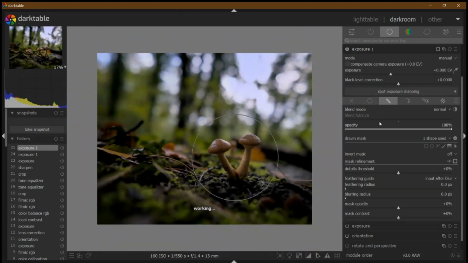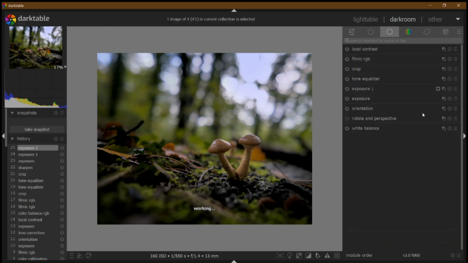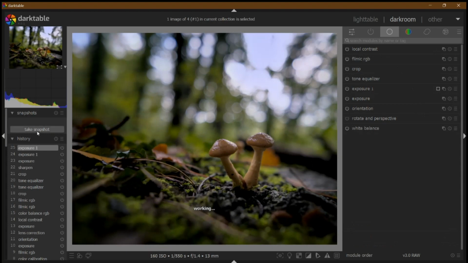There we go. And I'm just going to highlight the exposure. Just a little bit. There we go. Just brings it out a bit. There we go. So now I can take a snapshot,